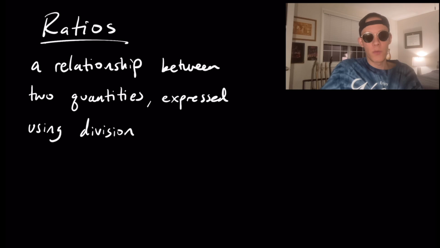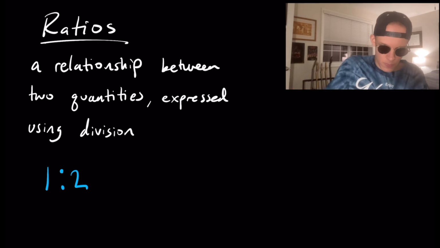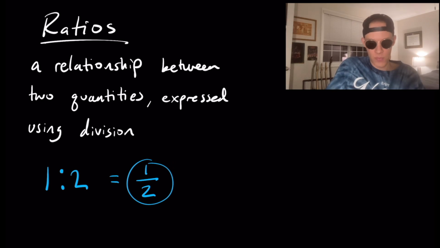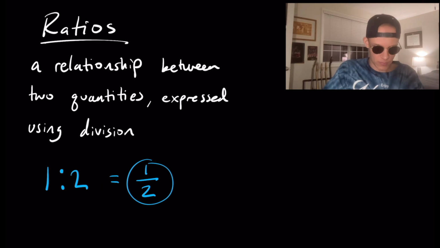So the two most common ways to express ratios: one is using a colon. So you might say 1 to 2, a ratio of 1 to 2. It would be the exact same if you wanted to express it as division. And more often than not, it's better to use the division way of expressing ratios. It's a little more intuitive, and we're used to seeing fractions already. Not that writing it with the colon is wrong, it's just you usually have it expressed in division form or